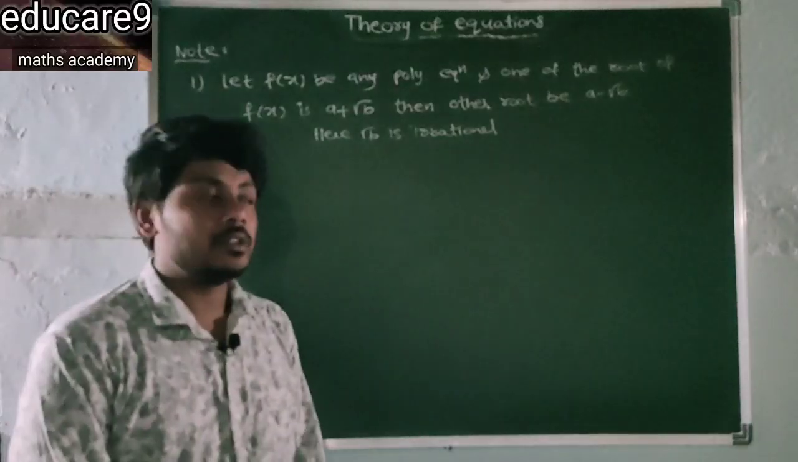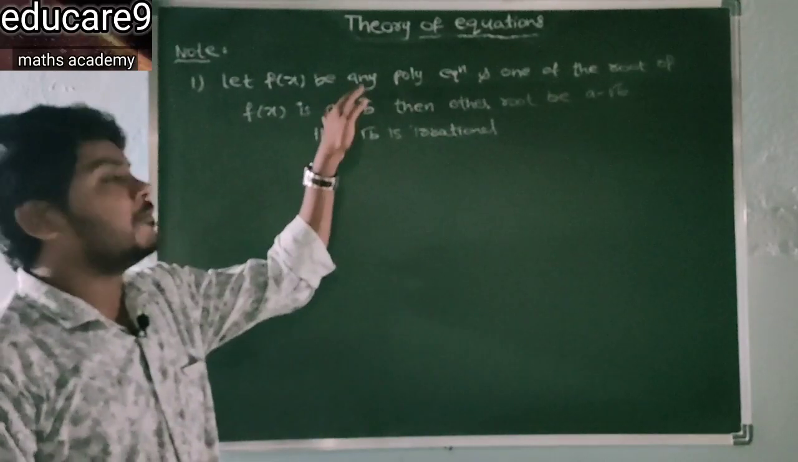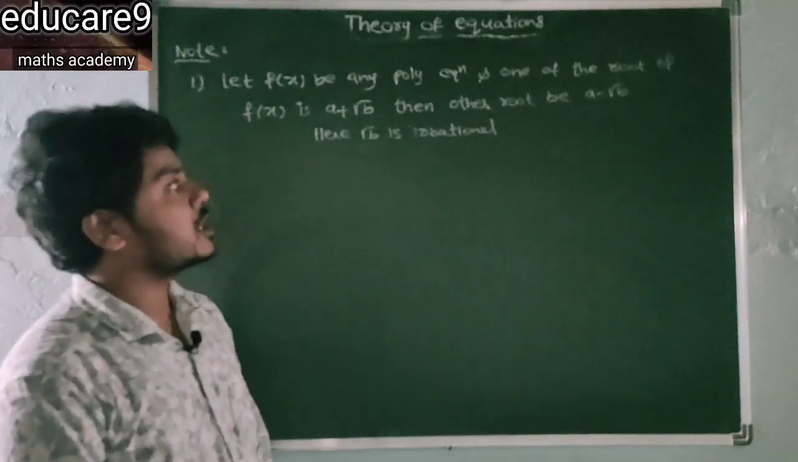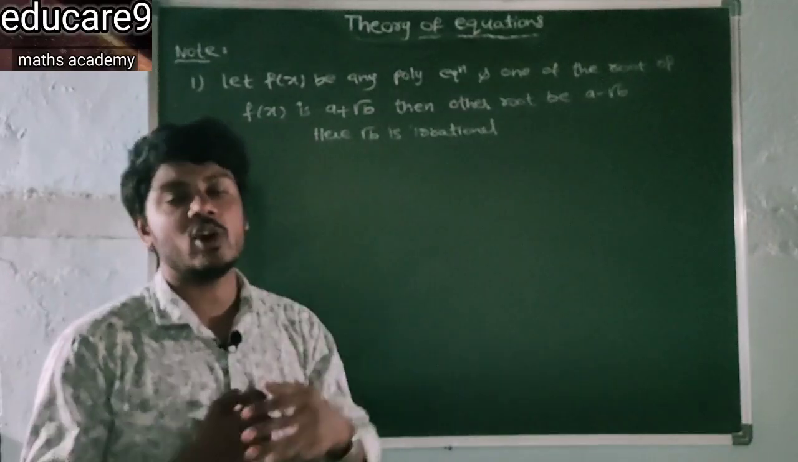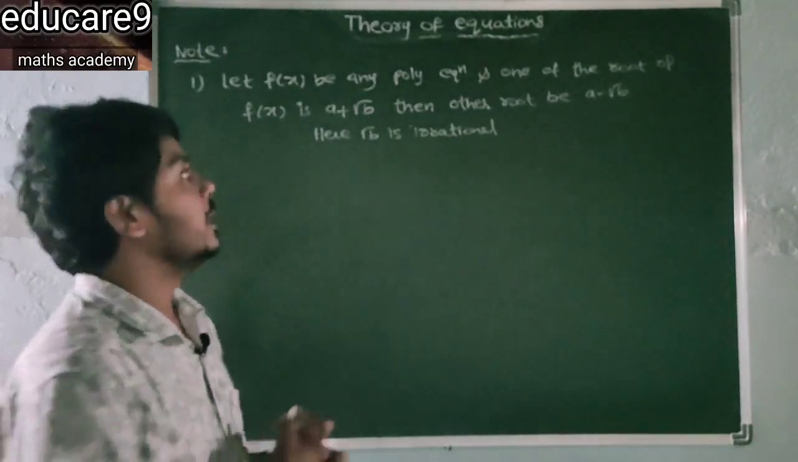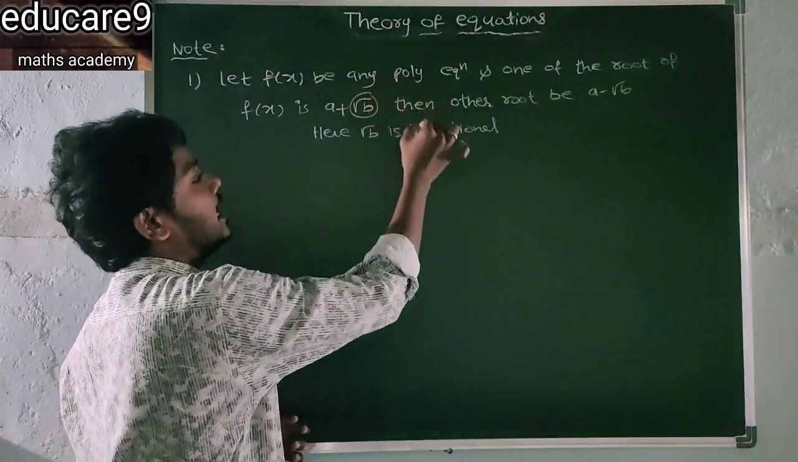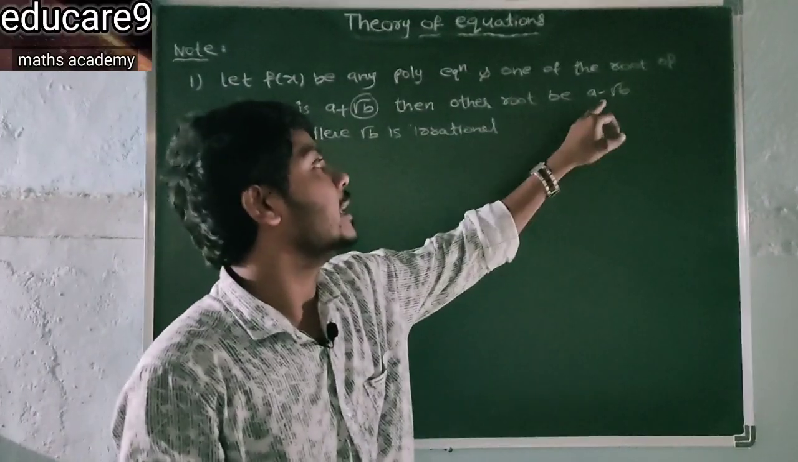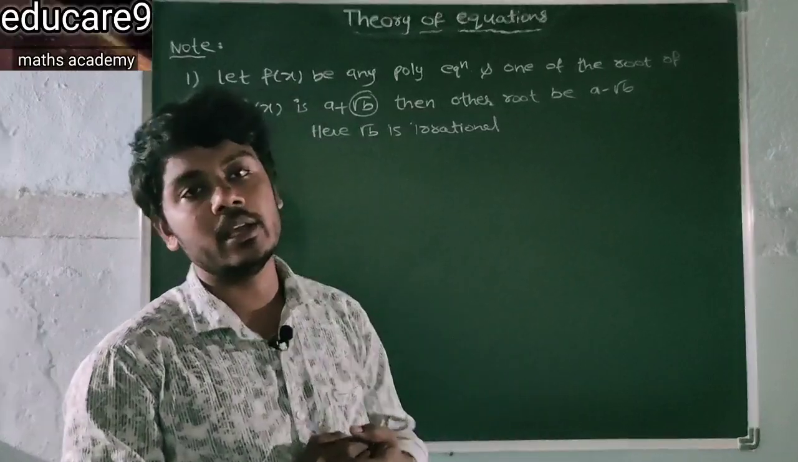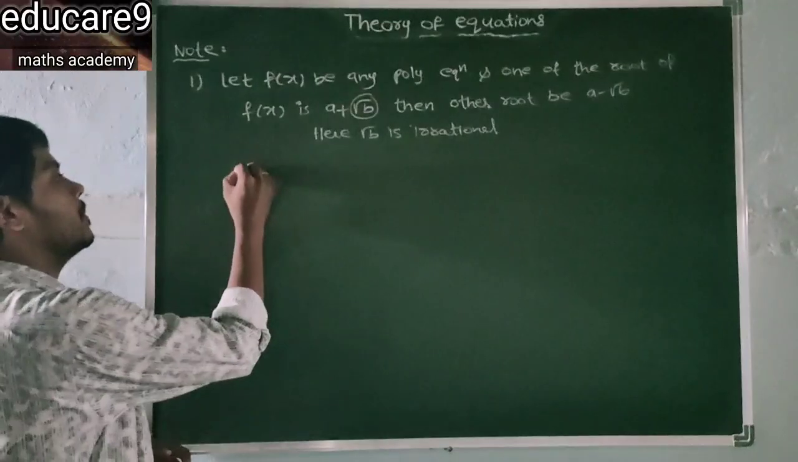So here note: let f of x be any polynomial equation and one of the roots of f of x is a plus root b. Here root b is an irrational number. Then the other root will be a minus root b. So see here an example,